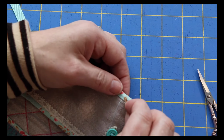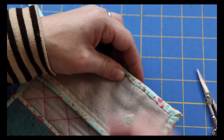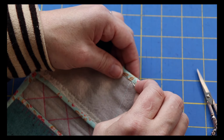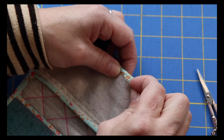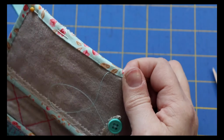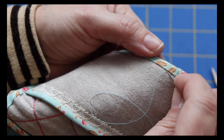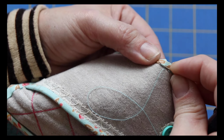When I'm stitching through a particularly thick part of fabric or a piece that's going to get a lot of wear, I take tiny stitches to give it extra strength. Try to come in close here to show you. Right here's where the last stitch came out, so I'm just going to go in right there, travel about 1/8 of an inch down the binding,